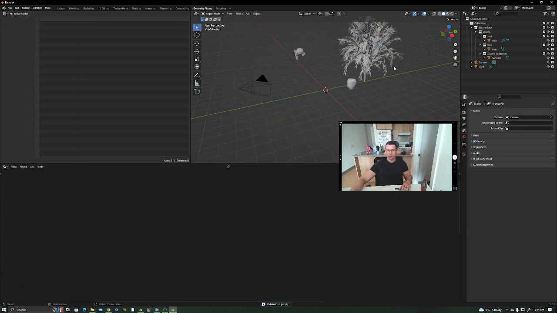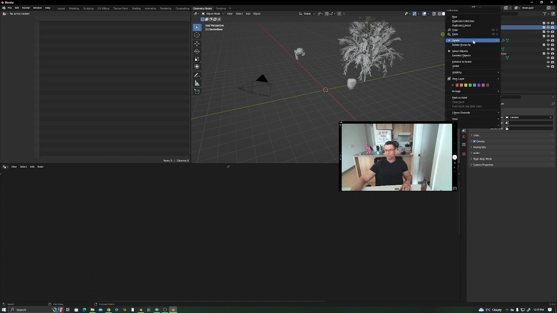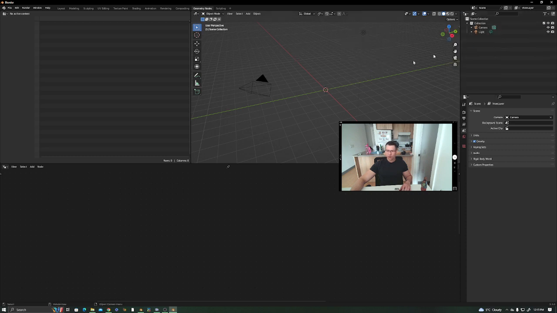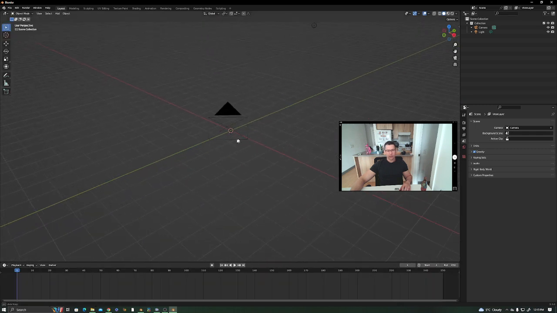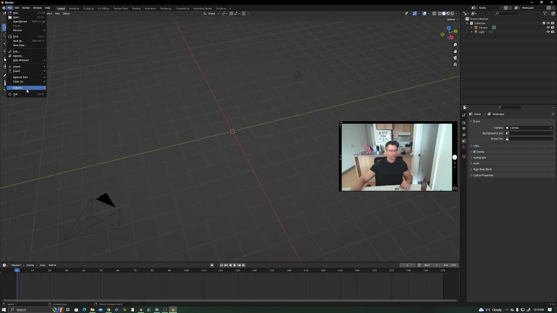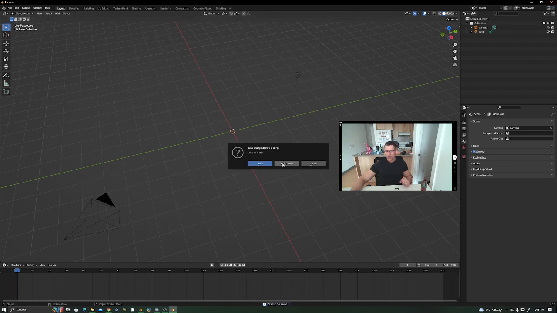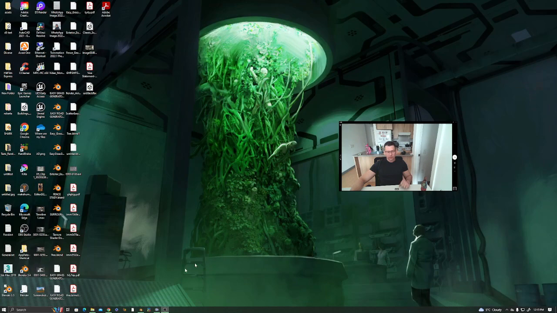So I will delete this, I will delete all these assets here, delete hierarchy, and I will save these as my startup file. Full save as a startup file. So if I open Blender 3.5 again,